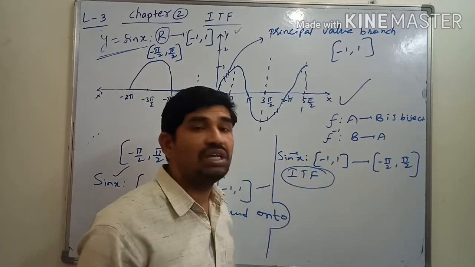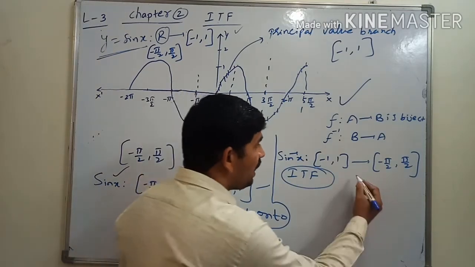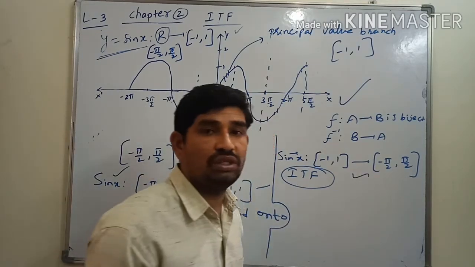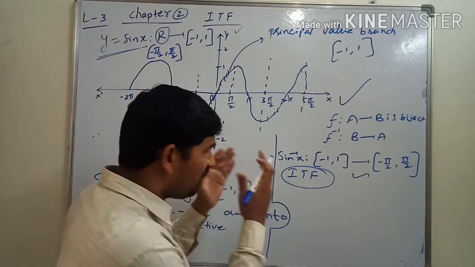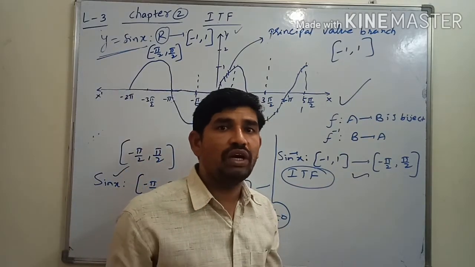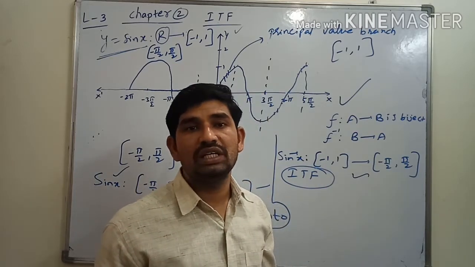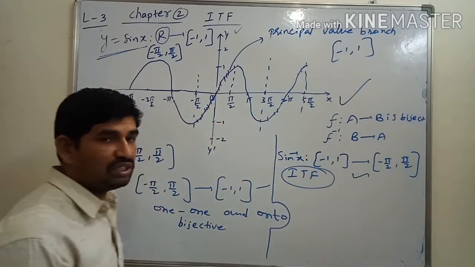That means trigonometric is nothing but the inverse sine function. Sir, how are we getting the inverse sine function here? Remember, for the domain and the codomain, we just have to restrict them so that the function becomes one-one and onto, so it is bijective. Finally we have the inverse function.